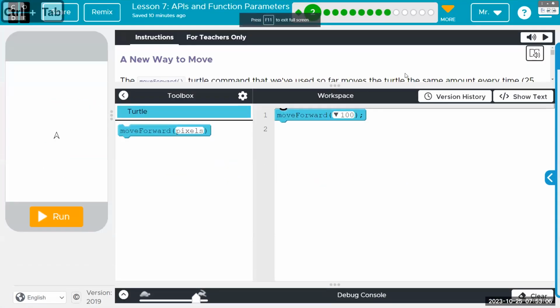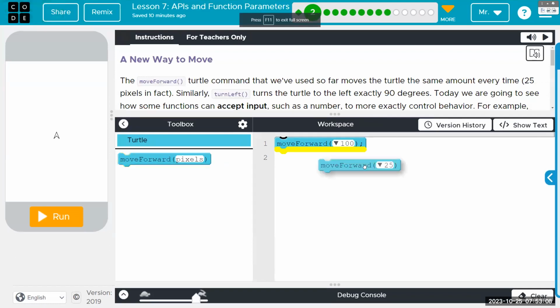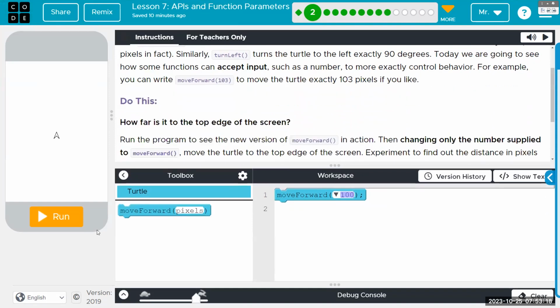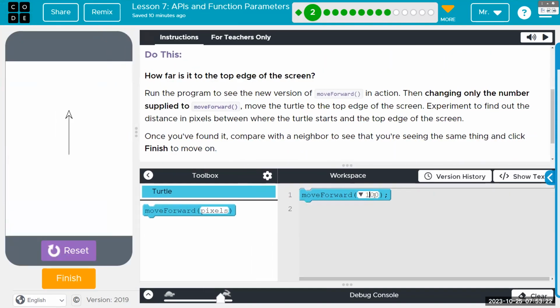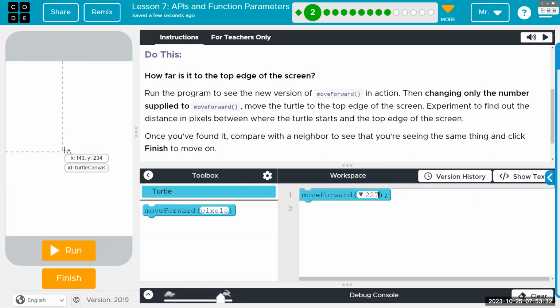Okay, so we now have move forward, which will receive a parameter. Before, it was just 25 pixels was one move forward. Now we can put in any amount. The goal for this one is to figure out how many pixels it is to the top. I'm not terribly concerned that you figure out that it's like 220-something, which actually isn't correct, because